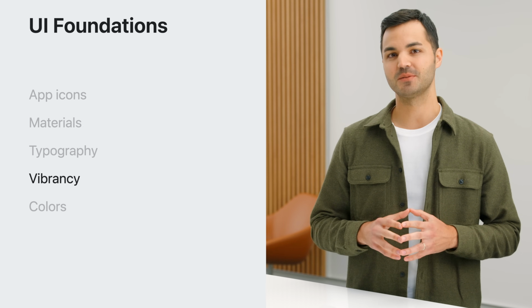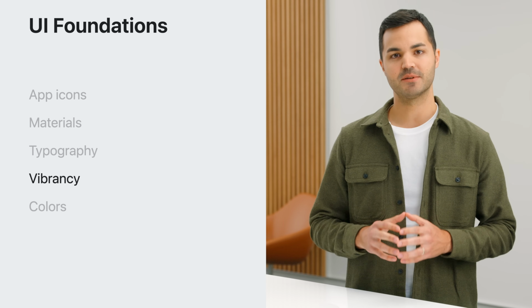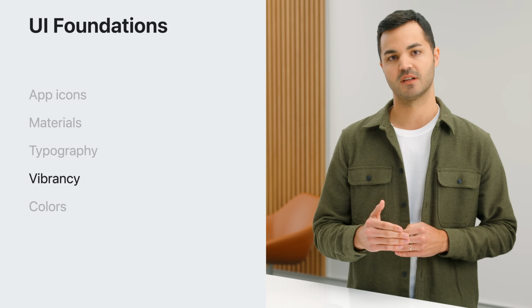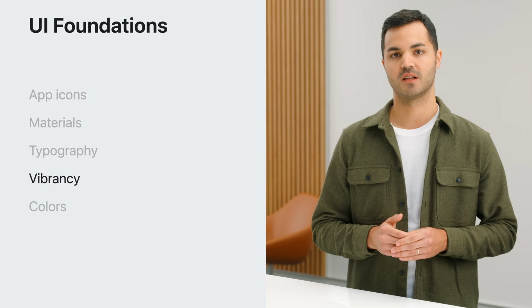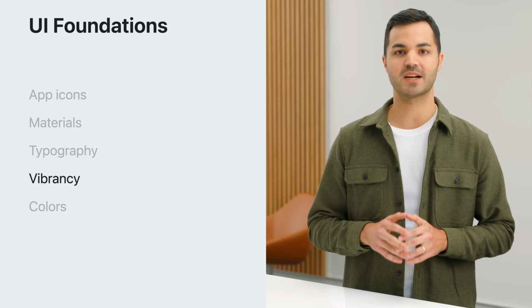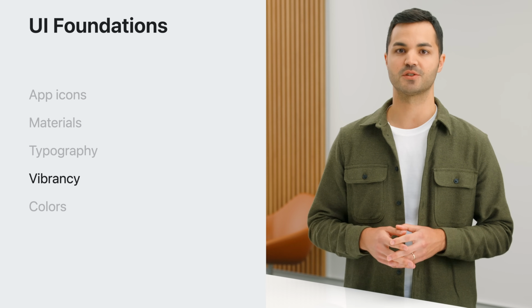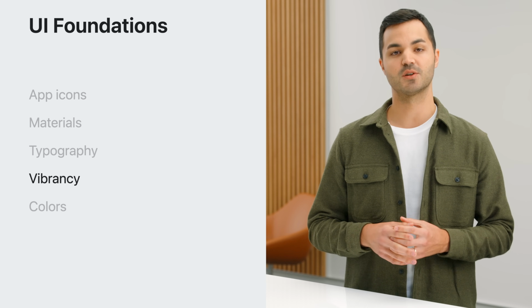Next, let's talk about vibrancy. This is one of the most important details to maintain legibility across the system. Vibrancy brightens foreground content that displays on top of a material, and works by pulling light and color forward from what's behind it. On this platform, since the background can be constantly changing, vibrancy updates in real time to make sure your text is always legible. To show what I mean, let's look at an example.